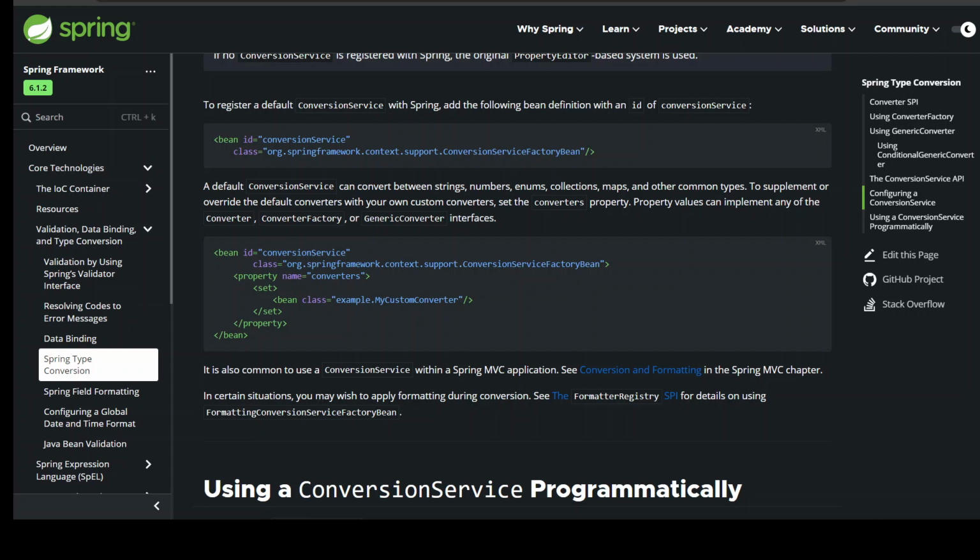Using a ConversionService programmatically. To work with a ConversionService instance programmatically, you can inject a reference to it like you would for any other bean. The following example shows how to do so. @Service public class MyService { private final ConversionService conversionService; public MyService(ConversionService conversionService) { this.conversionService = conversionService; } public void doIt() { this.conversionService.convert(...) } }